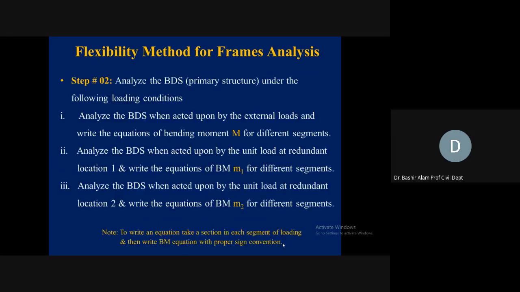Now coming to the analysis step 2 part. So it is a 2 degrees indeterminate. The structure will be analyzed 3 times now, one under the actual loads and then twice by the unit loads corresponding to the redundant actions. So that process is written here. Capital M values we need to generate, small m1 we need to generate, and then m2 values we need to